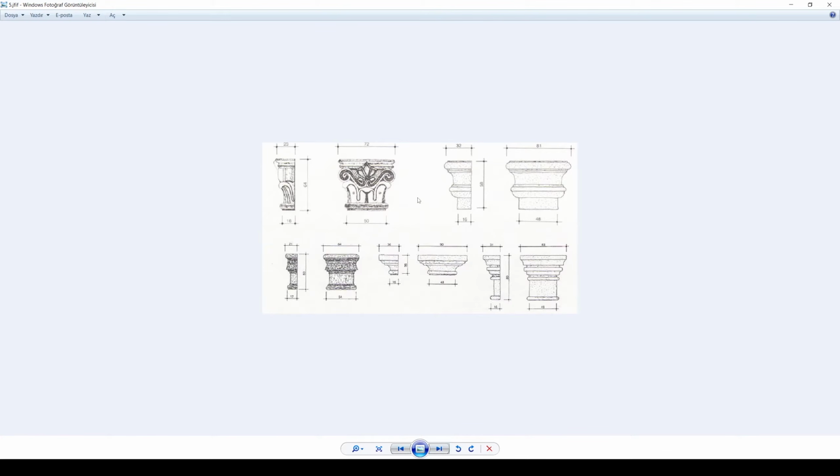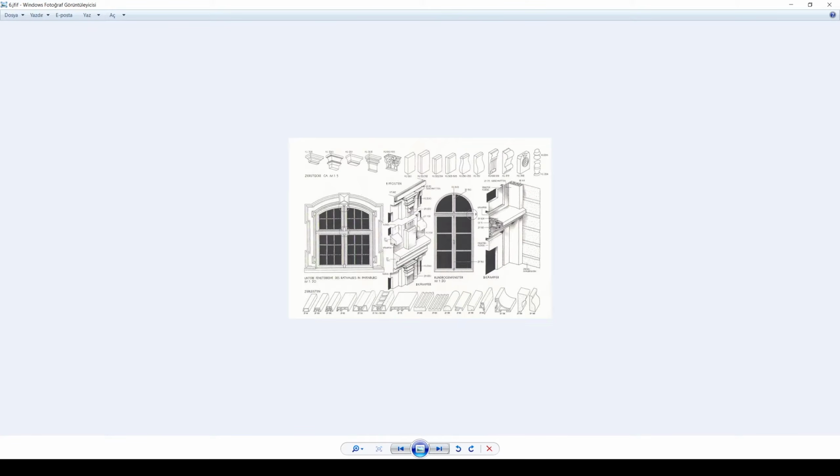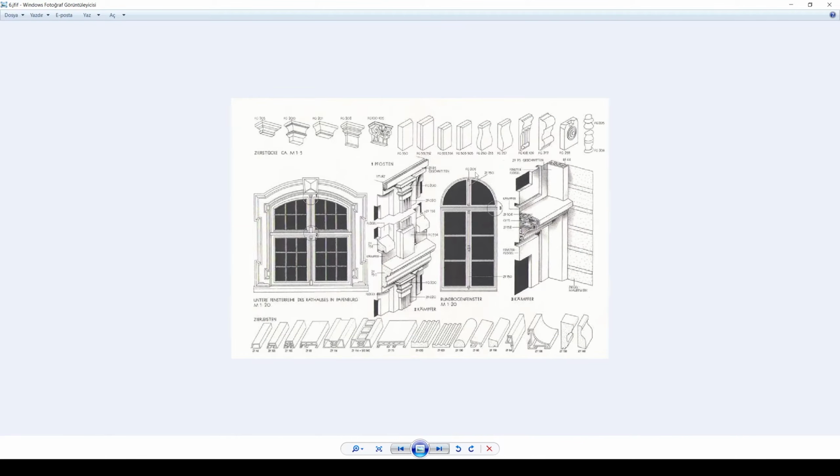We will use this image as reference. We are lucky because we can see this model from the front and also from the side. And also we are going to use this reference image. We will create a window similar to this one. And also we are going to use some kind of model that you can see in this image.